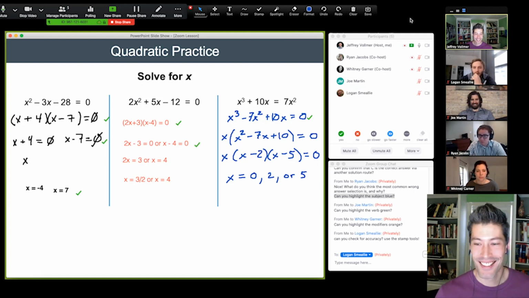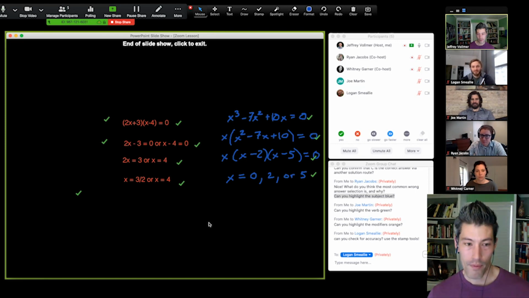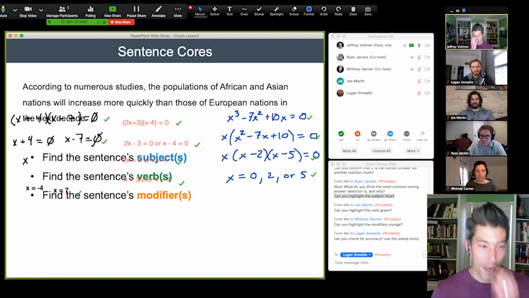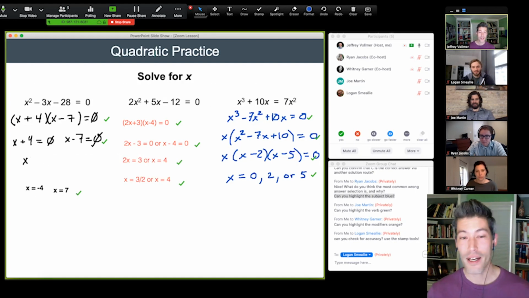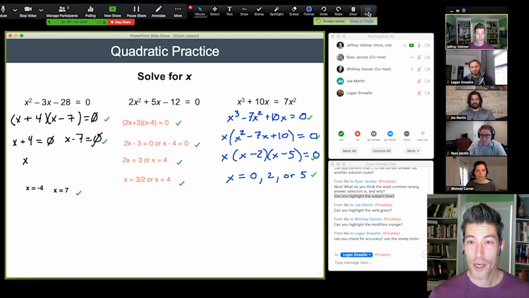Looking pretty good. So let me go ahead and show you what happens if you switch slides in Zoom while annotations are still up. All right. The annotations stick to the window, okay, but they don't stick to the specific slides that you've been annotating on Zoom. So if you want to go revisit a slide with annotations, one workaround is to take a screenshot of what you've got. So in your annotation toolbars, you'll see there is a save option. It will save it to a folder in your desktop somewhere, so you can see it again.